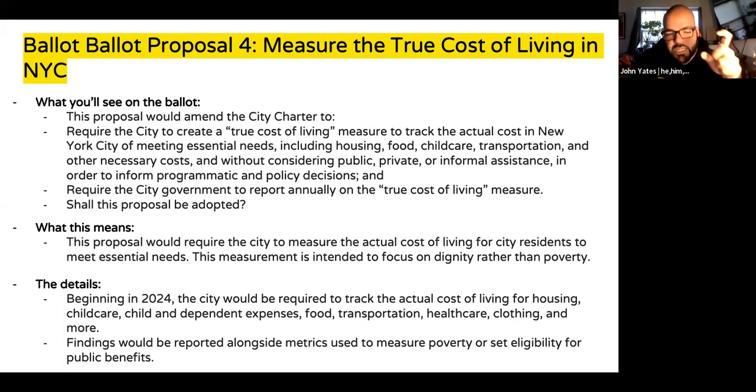What's really exciting about this for me is that it measures a livable wage based on dignity rather than poverty, right? The poverty line right now is just, if you make this much money, you are living bad. And that shouldn't be the threshold. Dignity makes us measure this by considering people being able to pay their rent, people being able to afford food, the average cost of food in the city, right? Which is considerable, because in some parts of the city one peach is like $5. Plantains, plátanos, used to be 10 for $1, and now it's sometimes 3 for $1. Anyway,